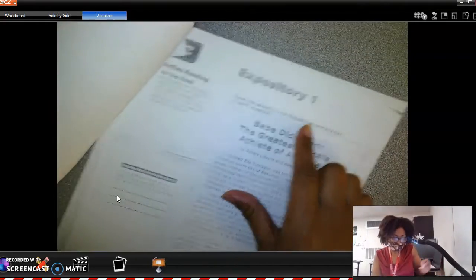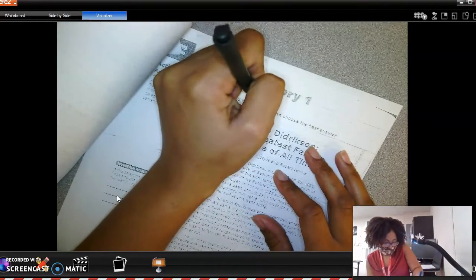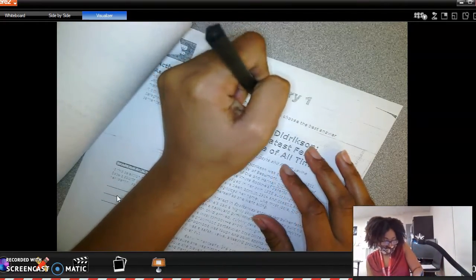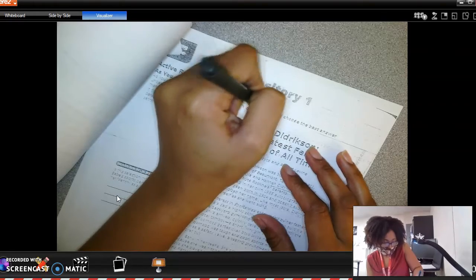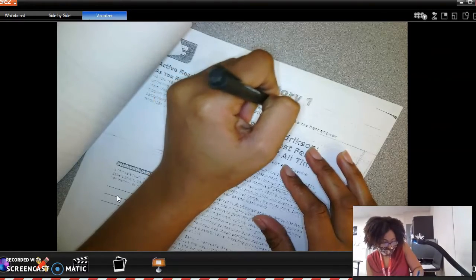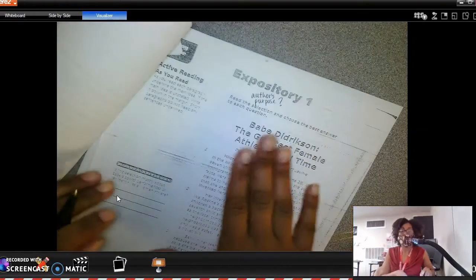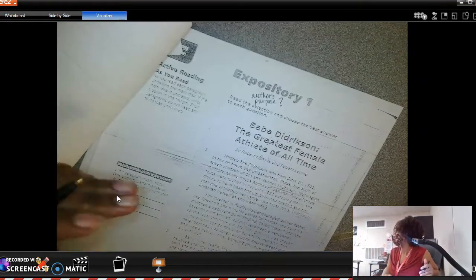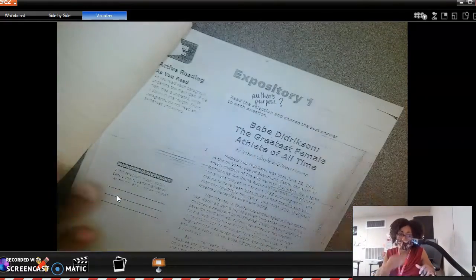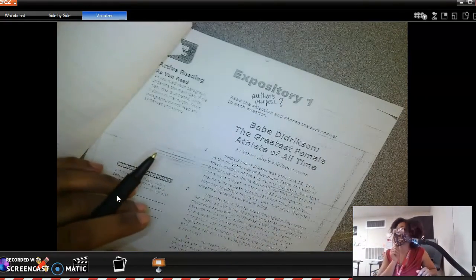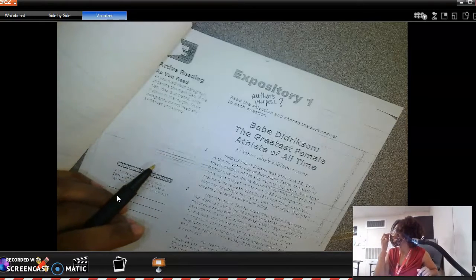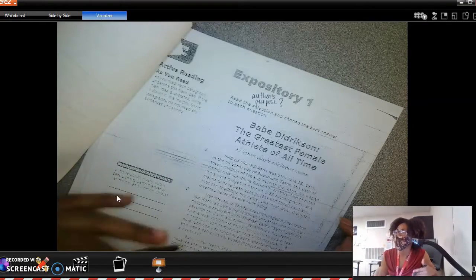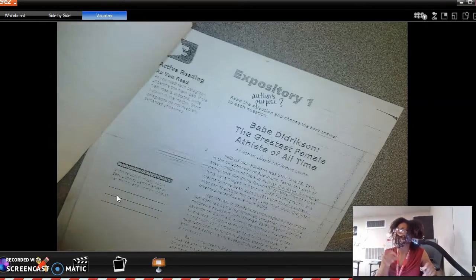Once we highlight author's purpose, we're going to go to the front of our story, and we're going to write author's purpose with a question mark. And we're not going to put it near a specific paragraph, because we're looking for the overall author's purpose of the text. We're just giving ourselves a cheat sheet so that we know what to look for as we're reading. We're reading all of it, but we're paying attention to what we need to be successful on those questions.